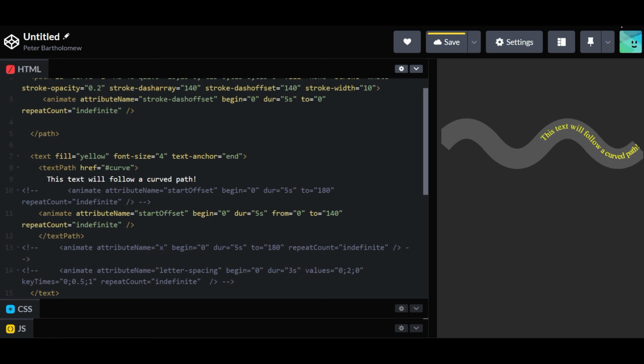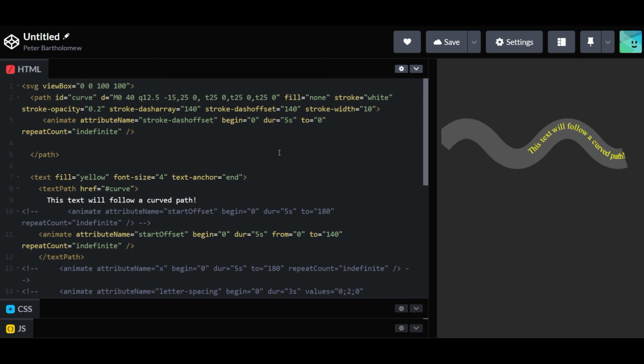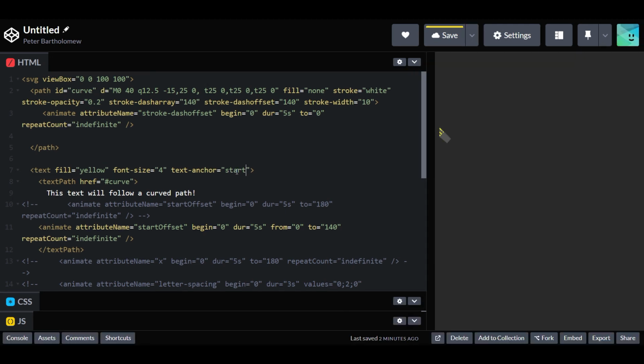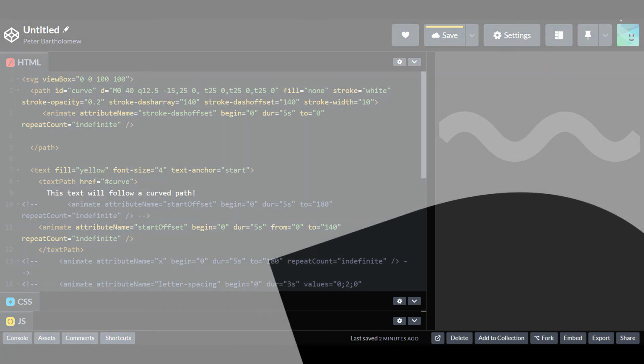Now, all we have to do to make it look even cooler is change that text anchor attribute. We'll just change that from end, move that to start, and it kind of looks like the text is being followed by this jet trail. So these are just a few examples. This is a lot of fun, and as I'd mentioned, adding these texts on paths and animating them can give your website a nice little extra flair. And that's about it. As you can see, there's a lot you can do with